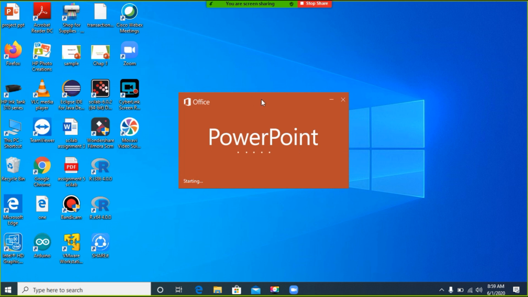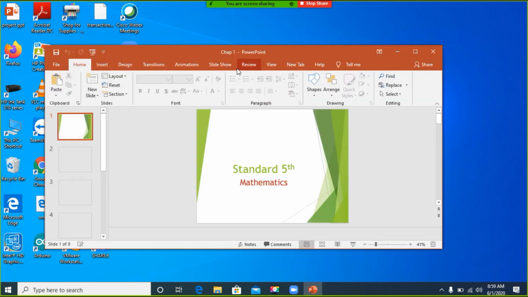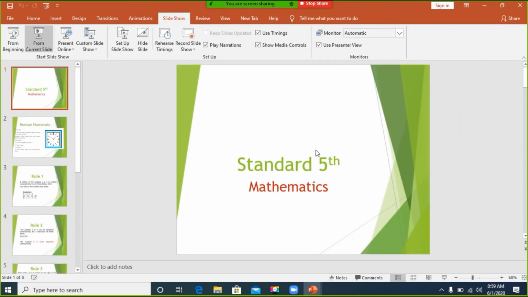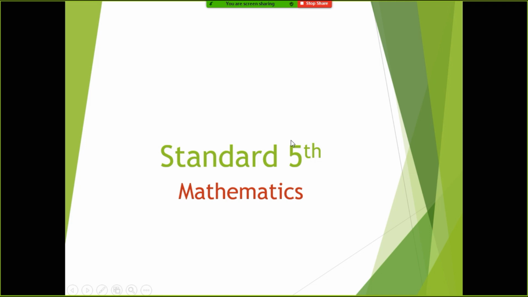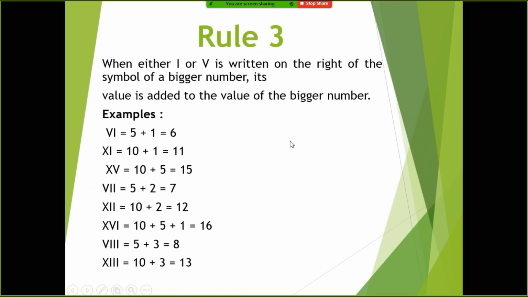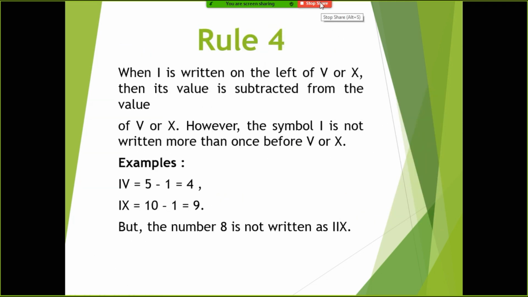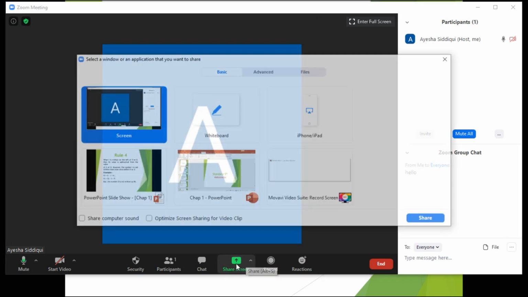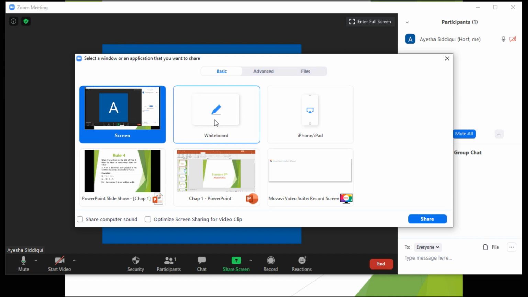Then I will open the presentation through the share screen button. Now this screen will appear to all the participants, and I can run the PPT. Now I am stopping the share screen, and I want to show you how to share the whiteboard.